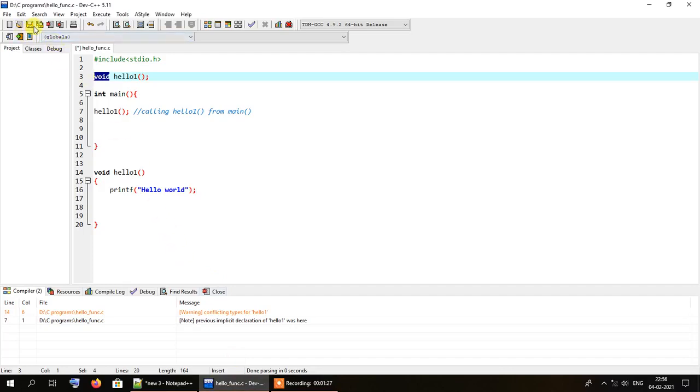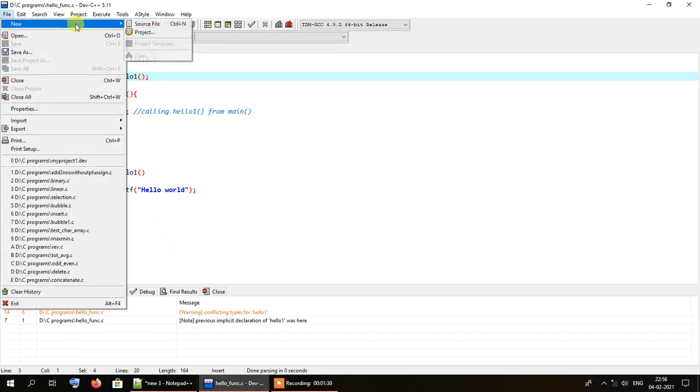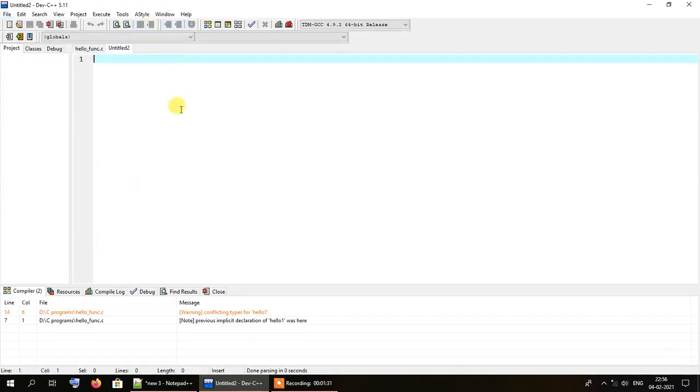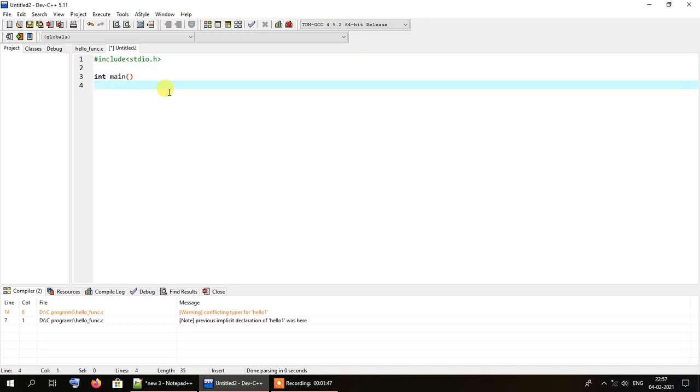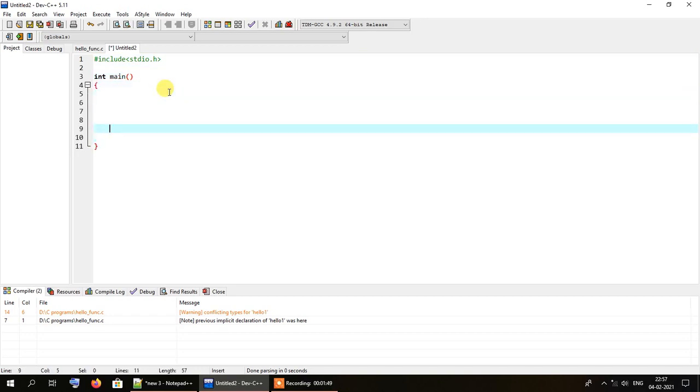So let me just save this function and create a new source file. So #include stdio.h. First of all I'll write the main method, and then I'll write the separate method for calculating the factors of a number. First I will accept a value from the user.